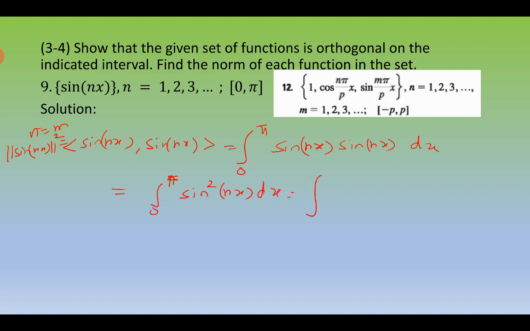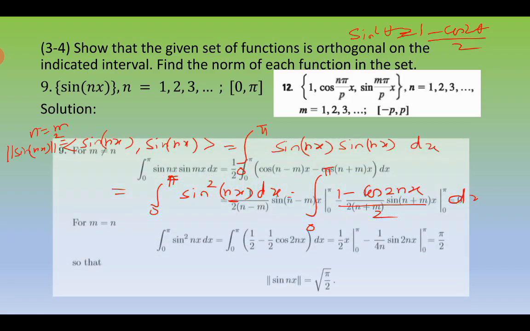We have a formula for sin square using double angle: sin square theta is 1 minus cosine 2 theta over 2. Theta is nx, isn't it? You remember this formula? So here theta is nx, 1 minus cosine 2nx over 2,